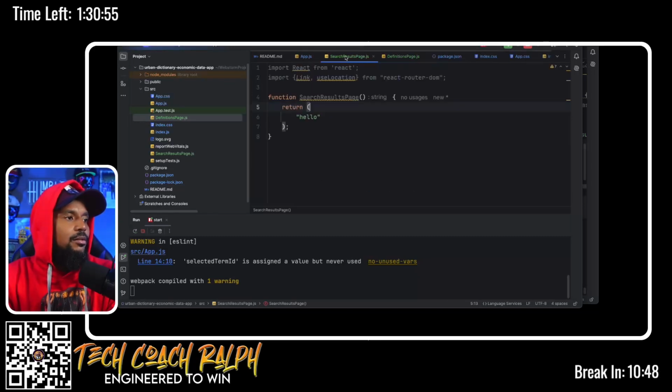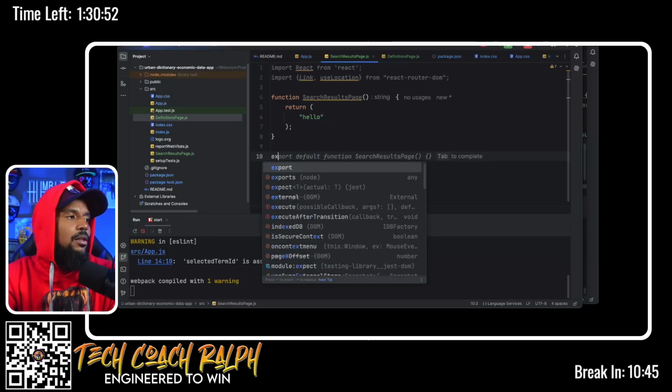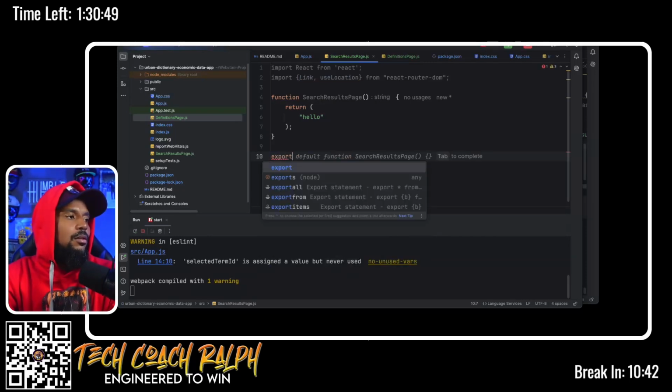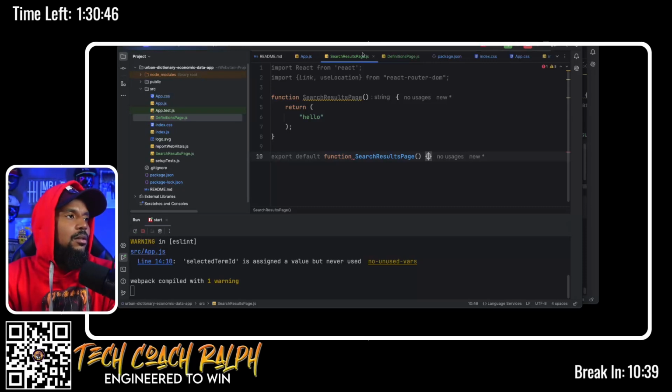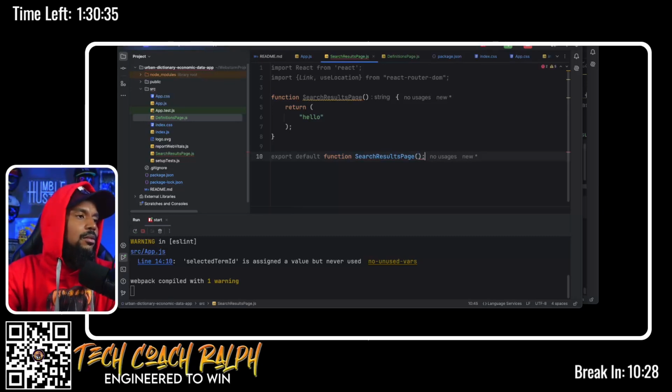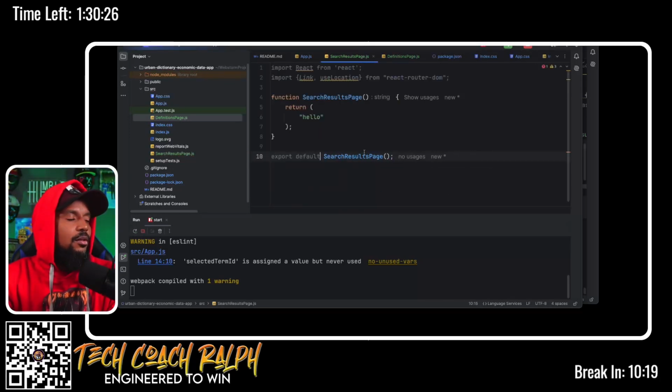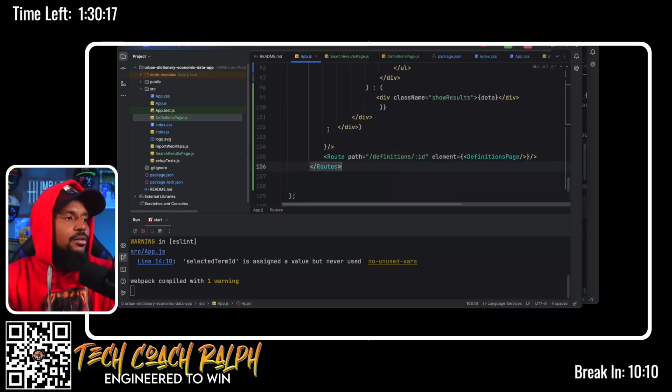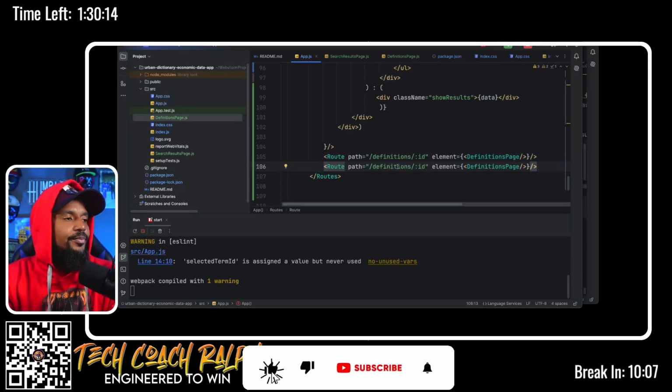Or let's export it. Export. Okay. I guess I need that maybe. I don't know. Let's see. No function. All right, cool. And all right, so we're exporting that. And we're going to go into here and we're going to say